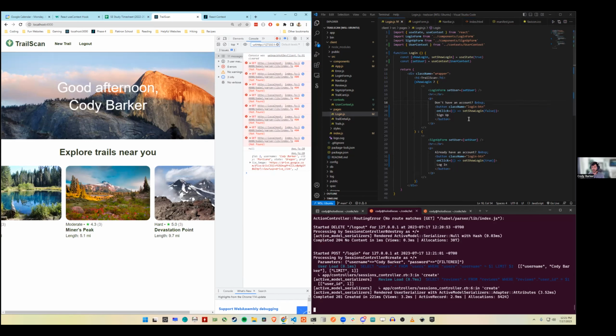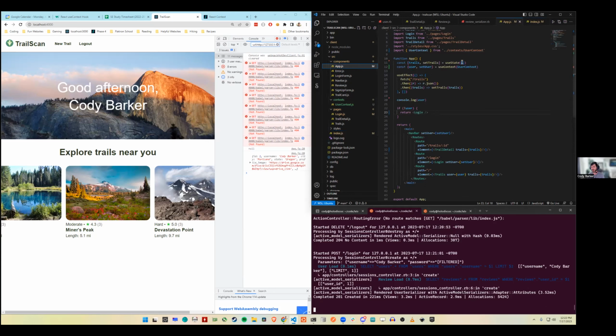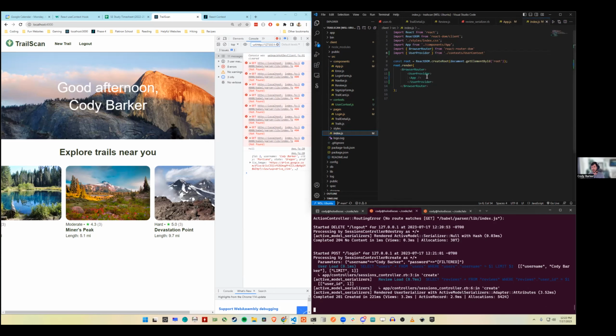Yeah, that makes a lot of sense. I was curious too, for our one user context, we've gone into our index, we've wrapped our app with our user provider. How would it differ if we also wanted to do that with our trails and make a context there? Could we nest that second? Yeah, you could put the trails provider down in app, because there's nothing